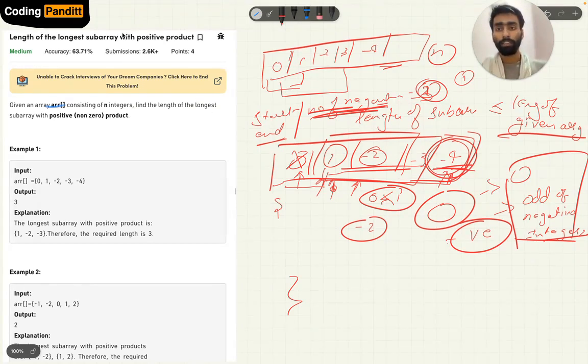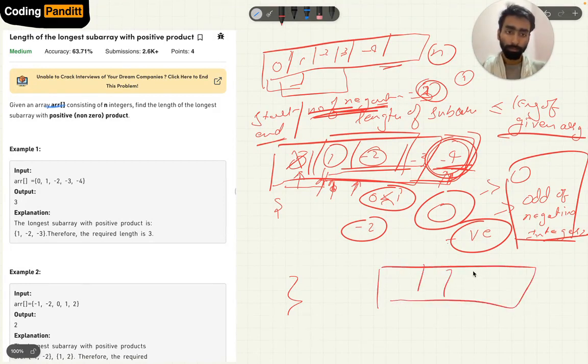Likewise, in the second question, here if we come across the first element, it is negative, so we will increment the end index. Again it is negative, we will increment the end index, and if we come across 0, we will increment both of the indices to i plus 1. Again we will increase end as it is greater than 0.